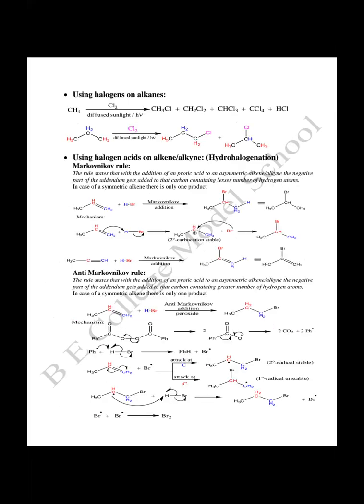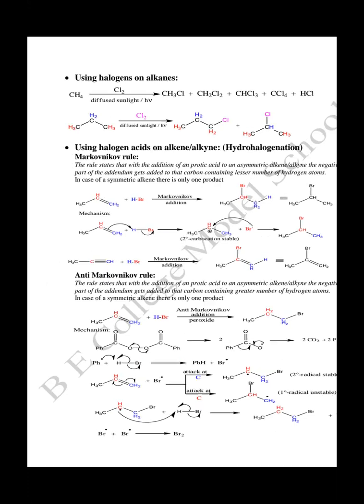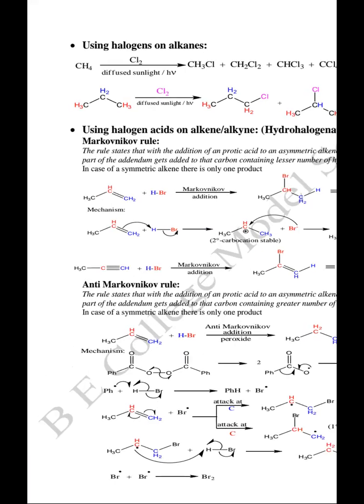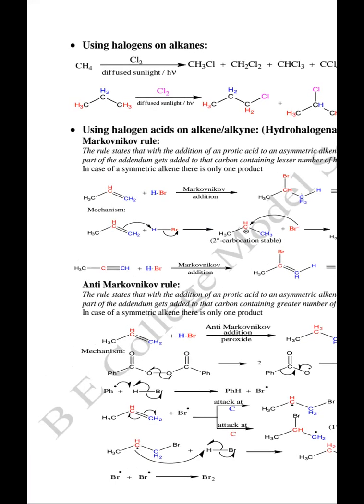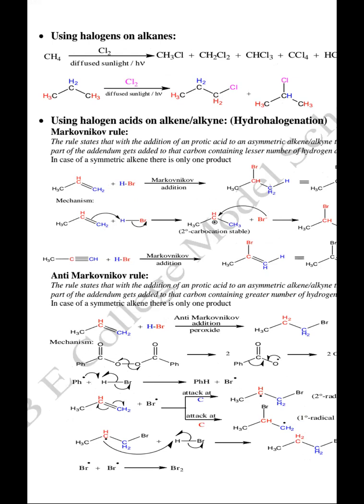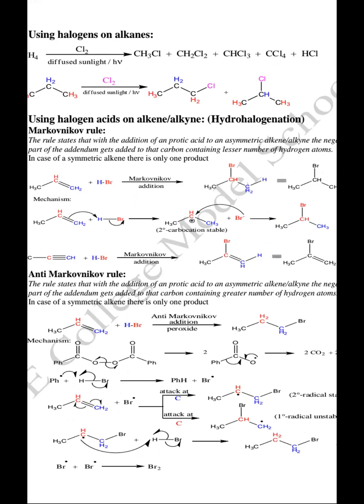The next process which we are going to use to prepare alkyl halides is simple halogenation of alkanes by substitution. We just allow hydrocarbons to react with halogens by some light irradiation. Here we can see methane is reacting with chlorine to form methyl chloride, dichloromethane, chloroform, and tetrachloromethane. In all these cases, we get HCl as the byproduct.